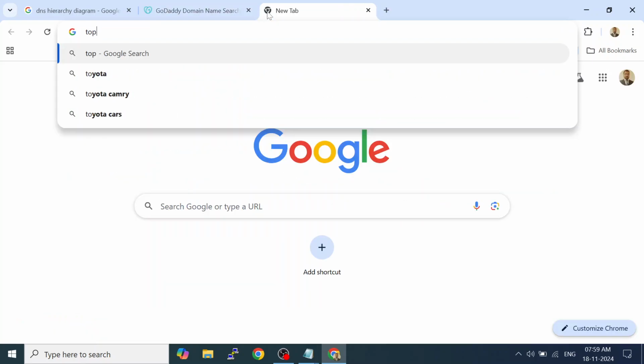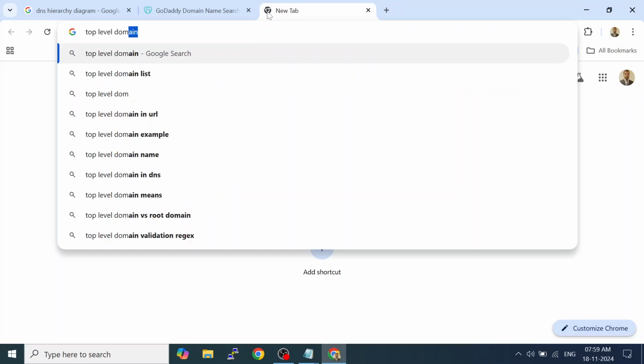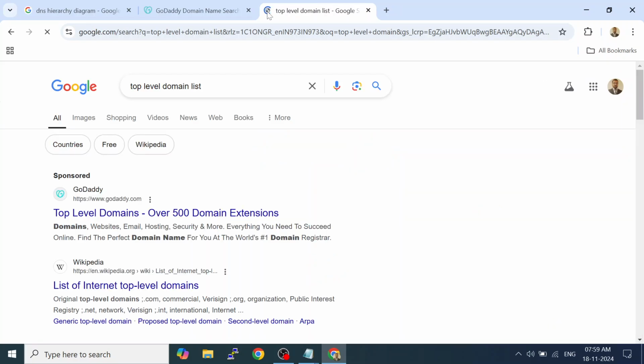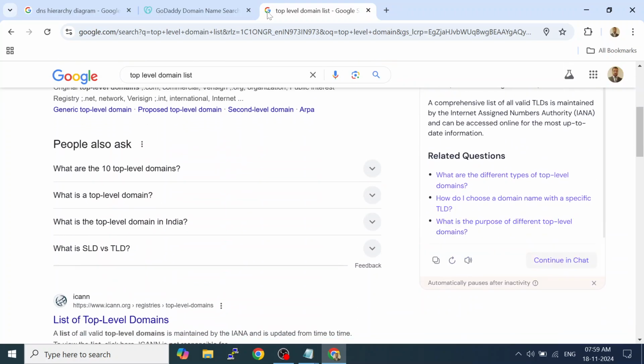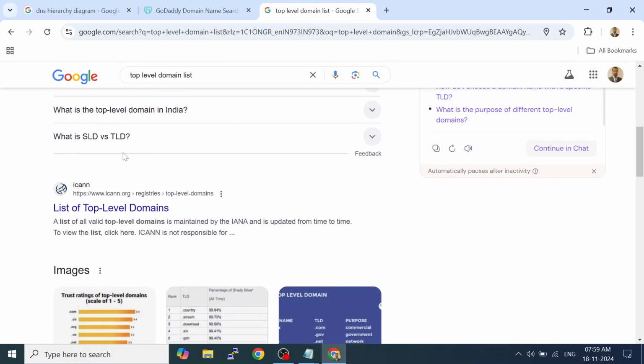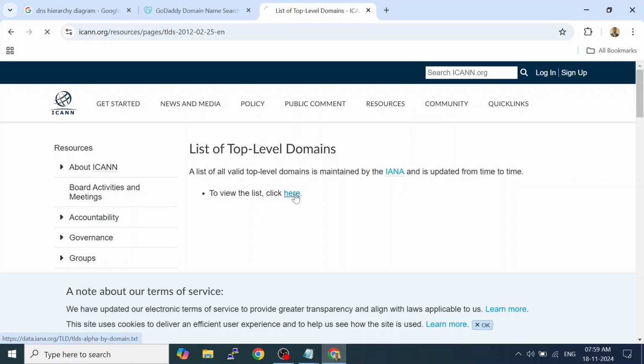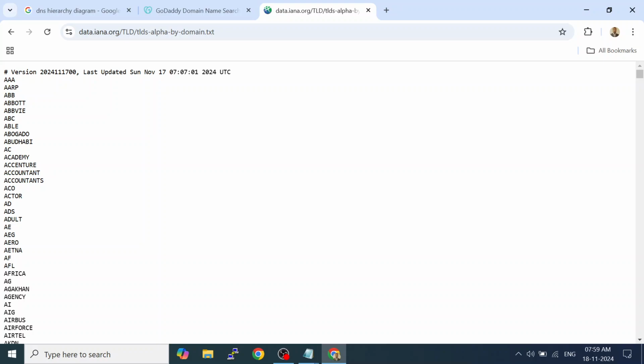Now here we have a lot of top level domains. If you search, you will find this list of top level domains. See, these all are top level.